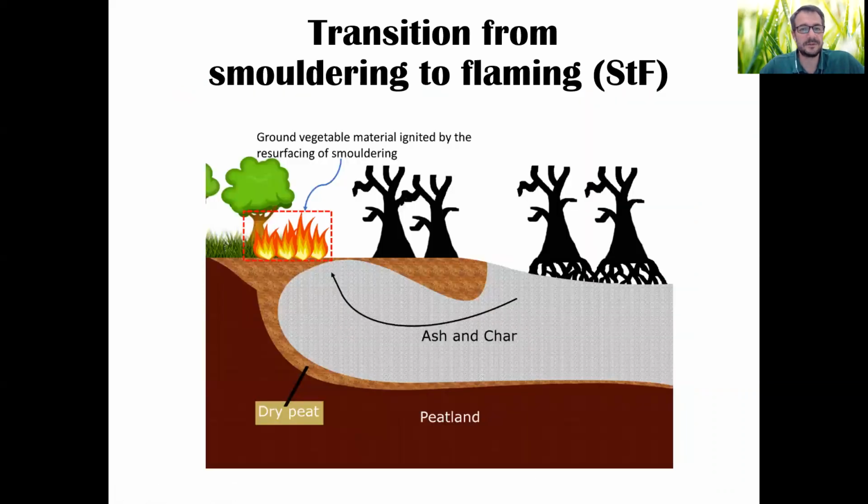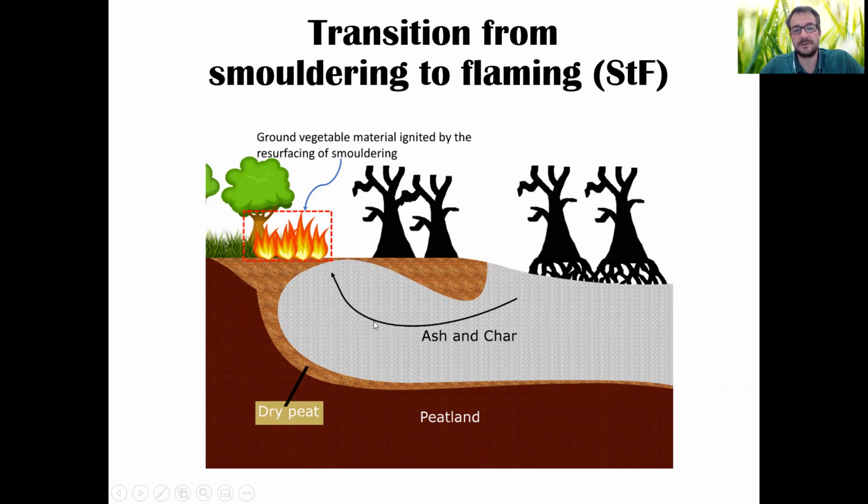There is another transition from smoldering to flaming, where, for example, we might be having a smoldering fire that propagates for weeks and weeks and weeks. Sometimes actually it can propagate under the soil, not just burning on the surface, and actually go deeper. This, for example, could happen when there is a suppression on the free surface, and then the smoldering is able to go under, and then it transitions suddenly a few meters away into flames.